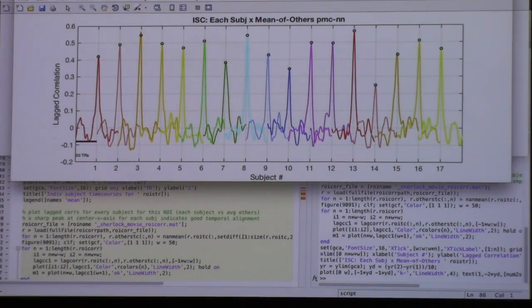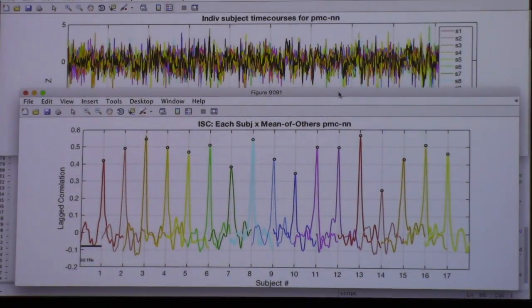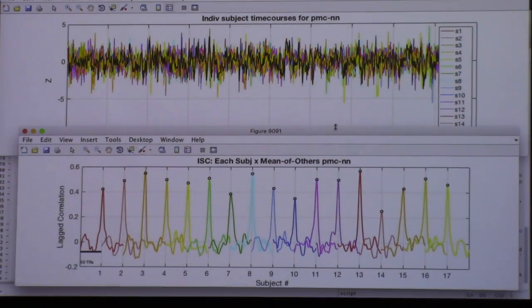Okay, this posterior medial cortex. I guess I have a really good question that builds on this idea of signals and noise. Is this something that you see in